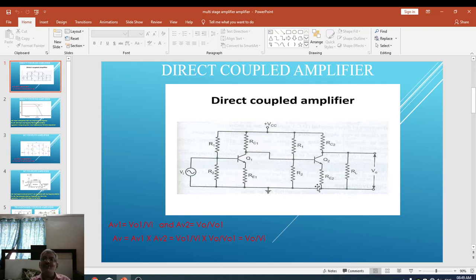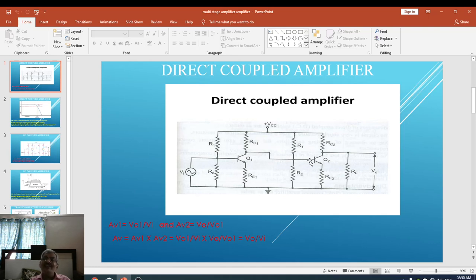In the figure it is observed that here is the output voltage which is obtained. Let me take this output voltage as, say, VO1. Let me call the input voltage VI. After amplification, we get the output voltage VO1. This output voltage is connected to the base of transistor Q2 directly without any coupling component. Look here, the output is picked up and connected directly to the base of transistor Q2.